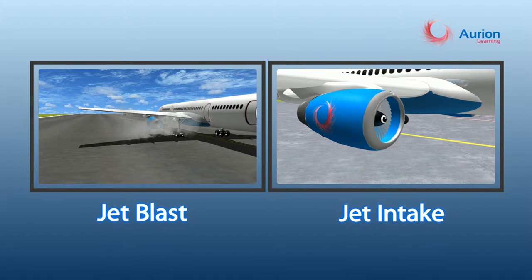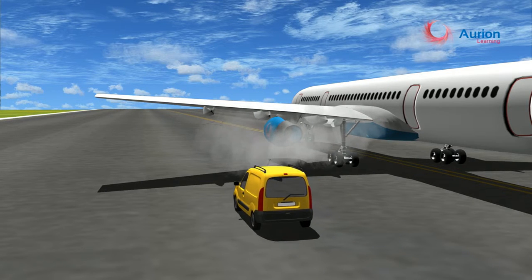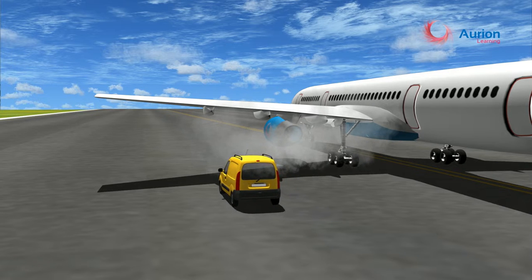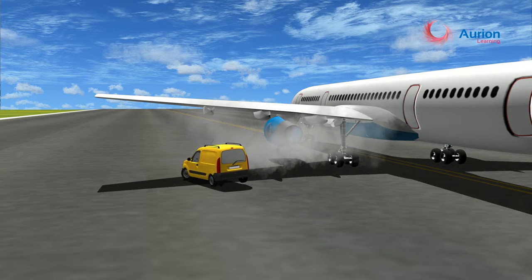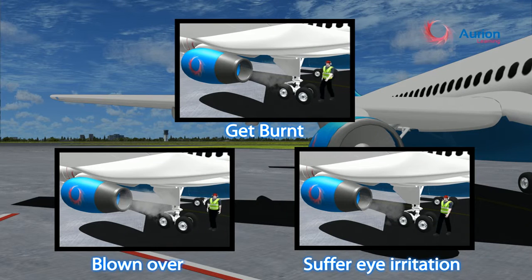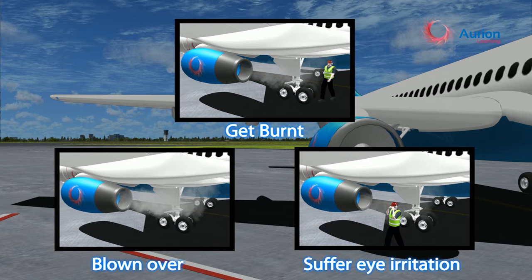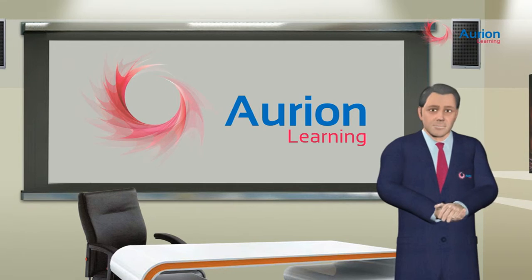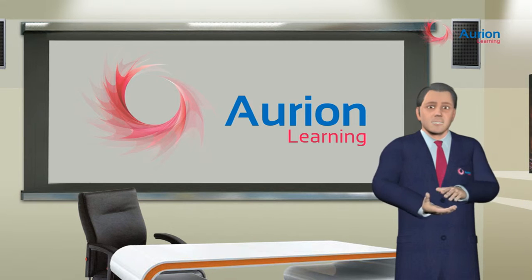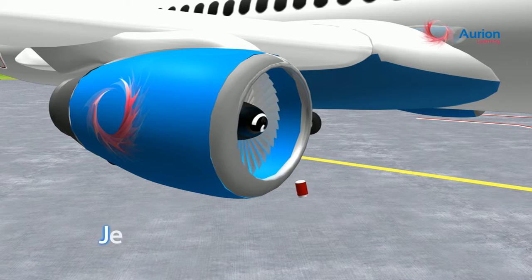Jet blast is caused by the exhaust from a jet engine and is one of the most dangerous aspects of the jet aircraft. If you get too close to the engine, you could get burnt by the hot exhaust, blown over by the strong winds, suffer eye or respiratory irritation from the gases, or be injured by flying debris. Jet intake creates a suction which is capable of pulling in FOD, which is around the engine, like nuts, bolts